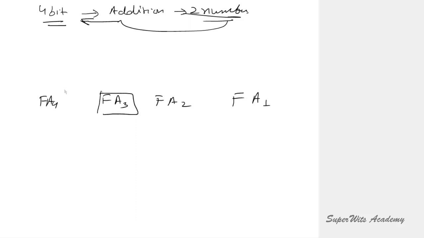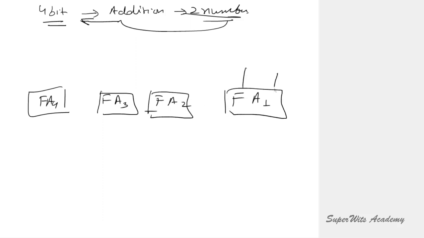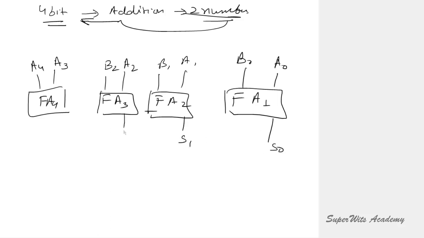So we have 4 full adder circuits here. Each full adder will have 2 inputs, right? So A0, B0, A1, B1, A2, B2, A3, B3. It will produce me sum 0, sum 1, sum 2, sum 3,